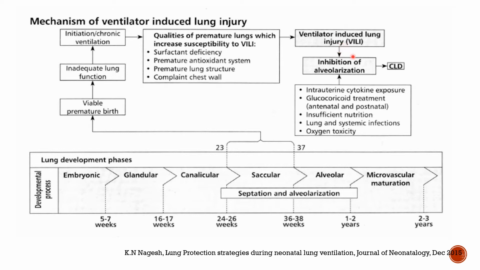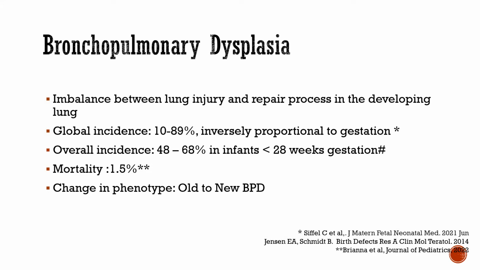per se. This leads to an inhibition of alveolarization, leading to chronic lung disease, which in turn is affected by intrauterine cytokine exposure, insufficient nutrition, lung systemic infections, as well as can be modified by glucocorticoid treatment antenatally and postnatally. This chronic lung disease is bronchopulmonary dysplasia, which is characterized by an imbalance between lung injury and repair in